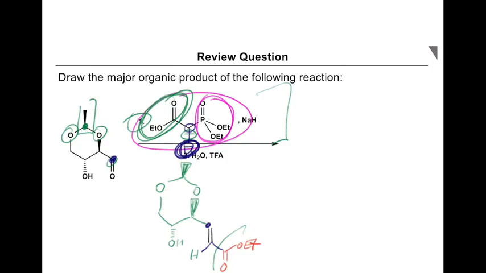So when I do that, I'm going to be clipping this bond and this bond, which means everything above and below those lines, that's just the payload that's coming along with this reaction. Nothing else is going to happen in terms of relative stereochemistry. So after I do the hydrolysis, I'm going to redraw the carbon skeleton down here, double bond, O-ethyl,